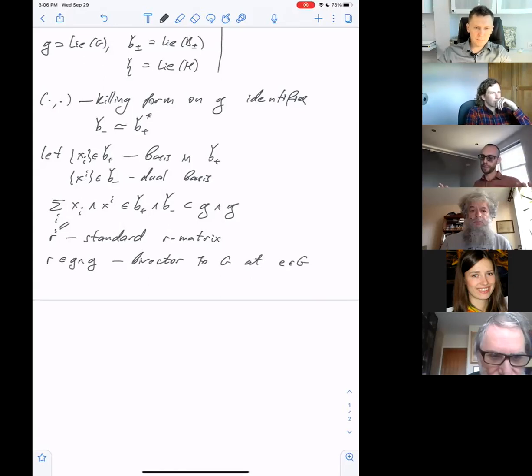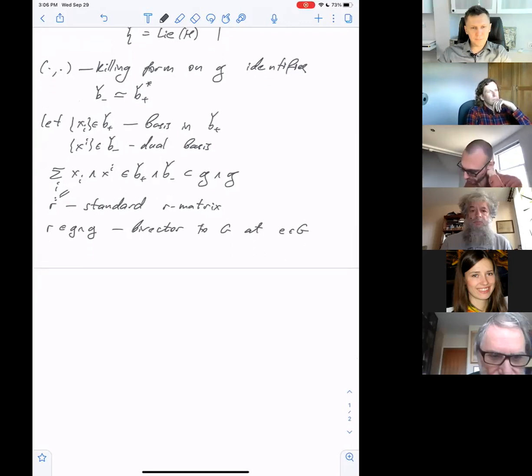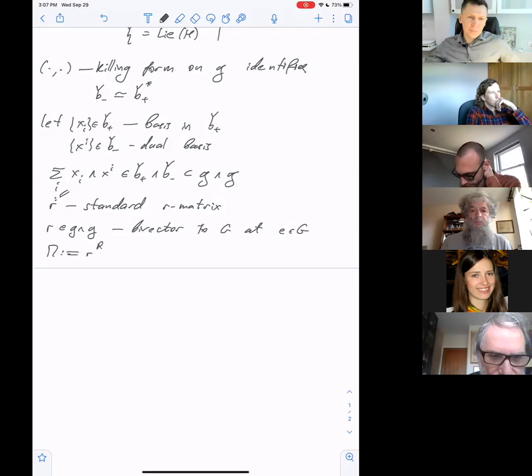And well, since we're going to talk about integrable systems, it means that their phase spaces are some Poisson manifolds. So I want to put a Poisson structure on G. And the so-called standard Poisson structure is given by a bivector field. So we need to take this bivector at identity and create a bivector field on the group. And what we do is, it's right shift